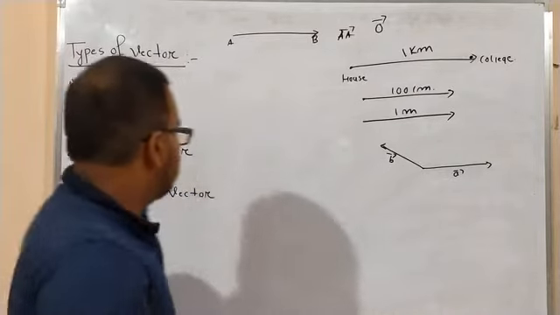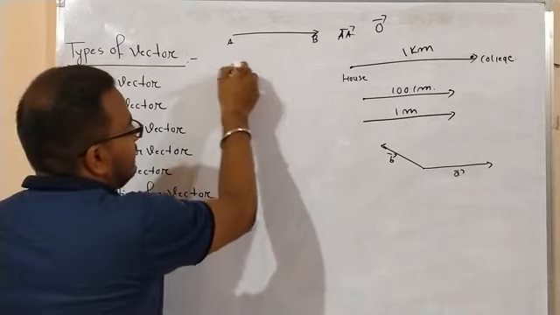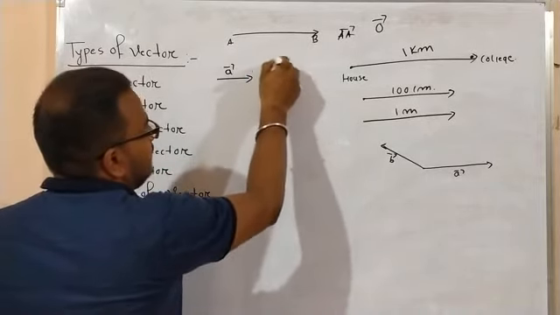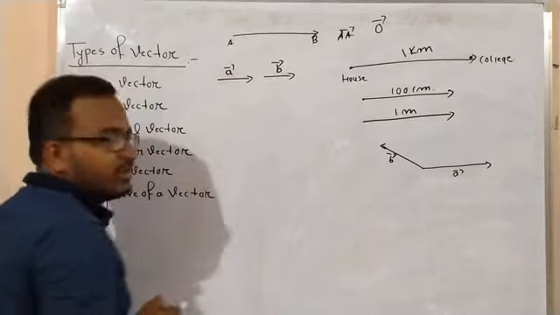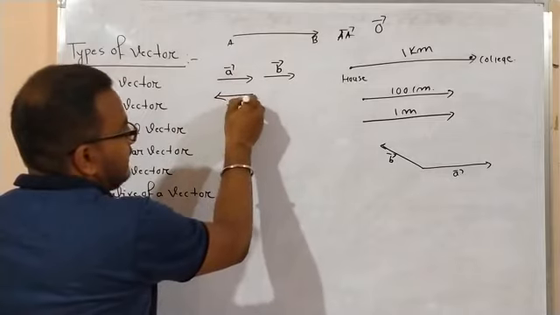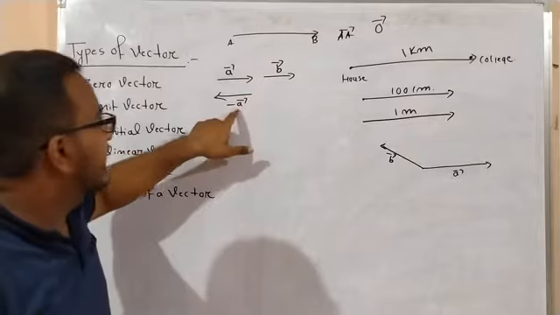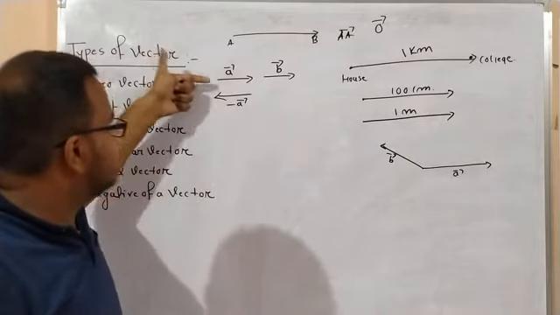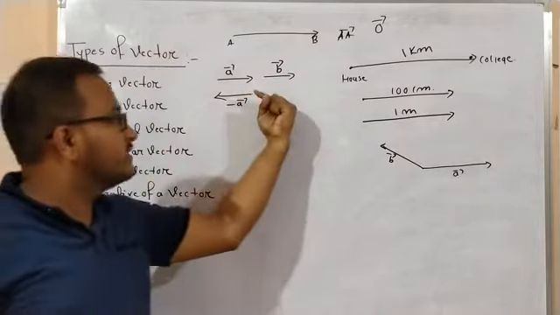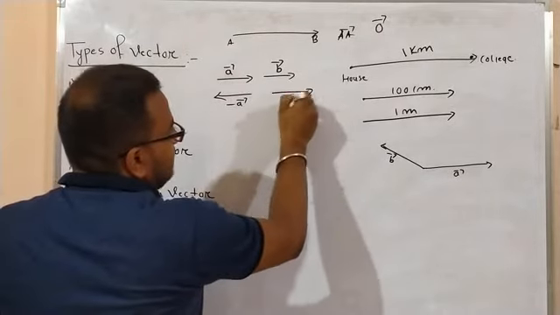Okay, so you can take it like this. Suppose this is one vector, a vector, and suppose this is another vector, b vector. So these two vectors are obviously collinear. You can consider this vector also. Suppose this is minus a vector; as this vector is a vector, this vector will be minus a vector, as the direction of this vector is in this way and the direction of this vector is in this way, right? Suppose this is another vector, c vector, right?